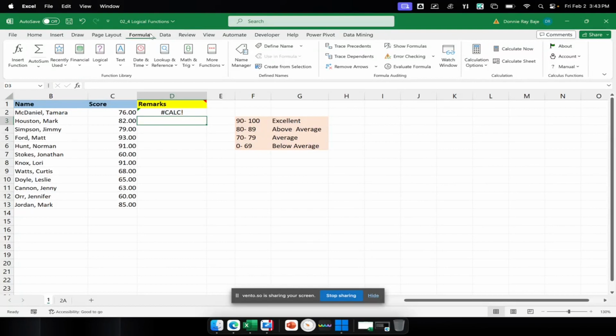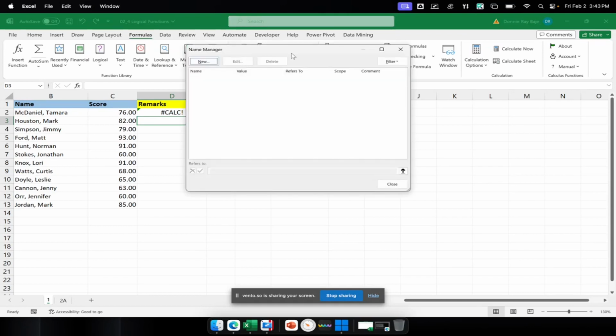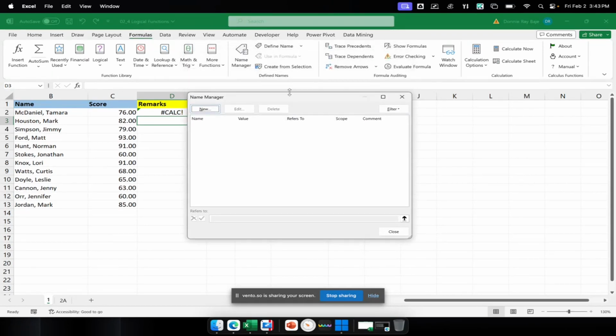So you're going to go to the formulas tab, and then under the formulas tab, we're going to look for the name manager button or the name manager tool. The name manager tool can be used to create formulas as a substitute for cell references. This is sort of an upgrade in the definition of the name manager because of the Lambda function. So click name manager, and once you have the pop-up for the name manager, next you have to click